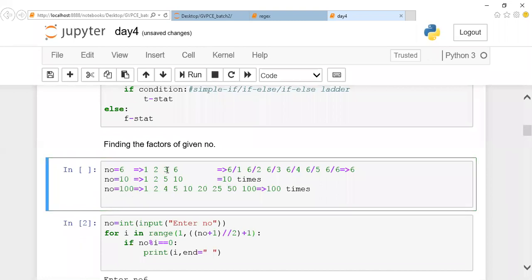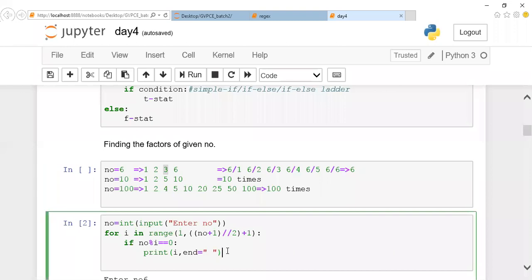Okay, till 3 we can go. Then again we can print the last number as a factor if required. Same way, if the given number is 10, till 10 by 2, 100, 100 by 2, 1000, 1000 by 2. For any number, till half we'll have it. Okay, so you can come out of it and you can print your number here. Did we write the condition right? So number, yeah, if required.